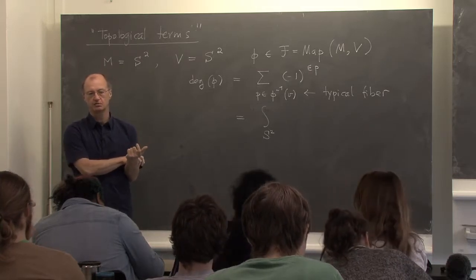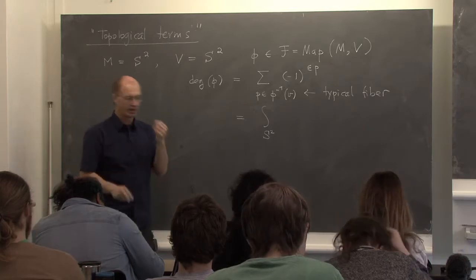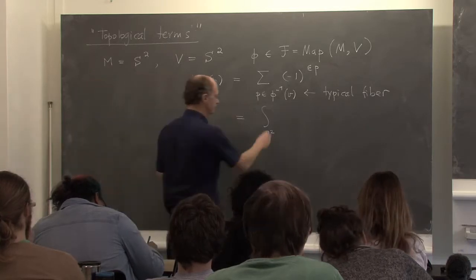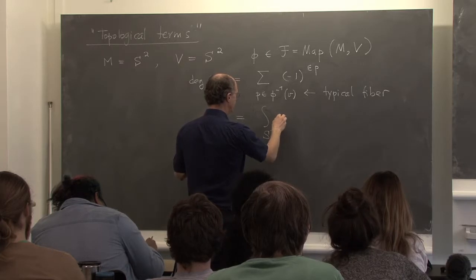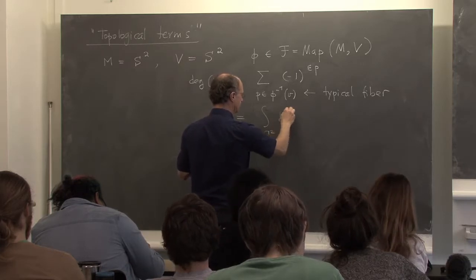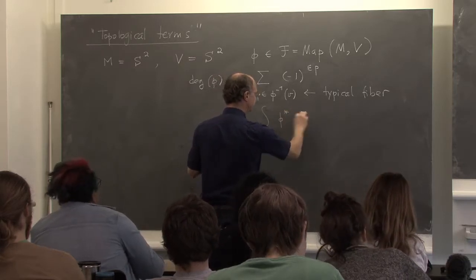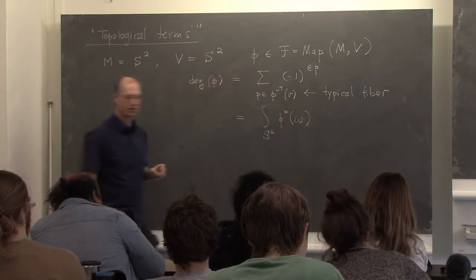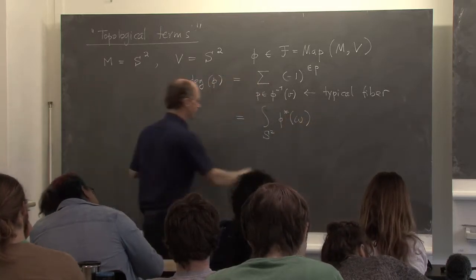So let me make a suggestion, and then we'll see how it works. So I would take phi star of omega, where